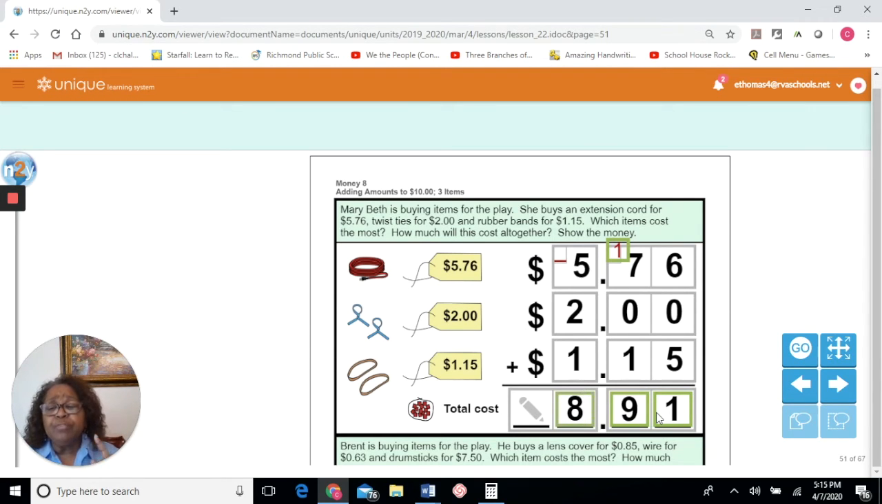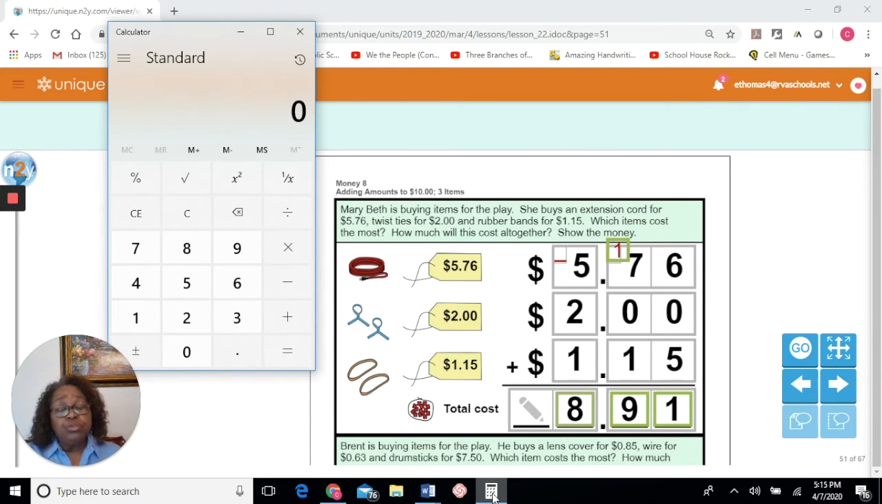Well, what would happen if we used a calculator? You know, I am not opposed to using a calculator to check my answer, because when you're dealing with money, you really want to make sure you get it right. And when you're using a calculator to add, it's a good thing to know how to use that decimal point on your calculator. So our first number would be